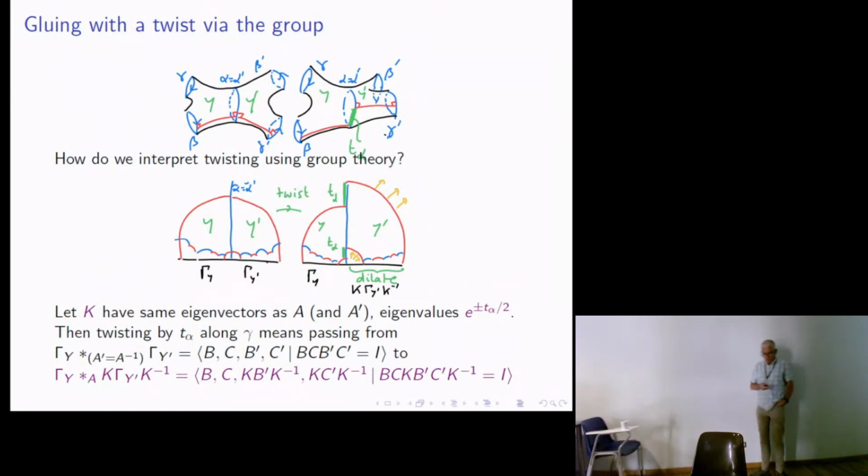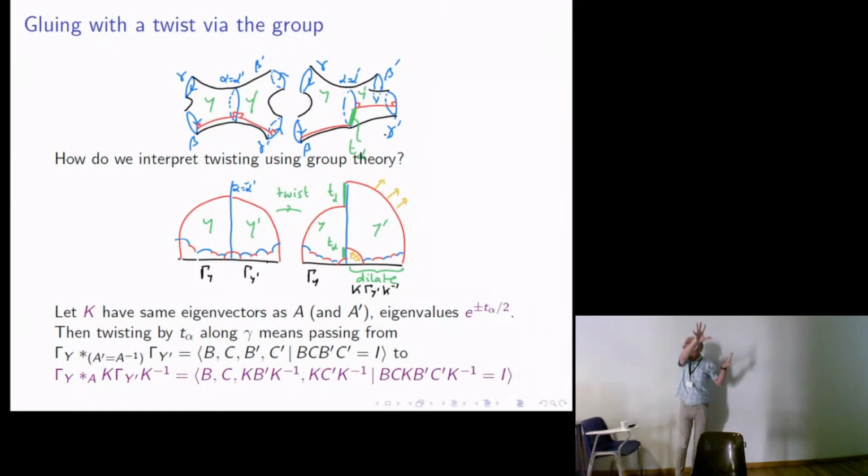So those are the pictures that we had before. So let's now just think about this uniformized picture. So that was my uniformized picture without a twist. And what do I do? Well, I'm going to also assume that that is the imaginary axis, so here's the origin, and so my map A is just a diagonal map. So what do I do? I hold this one fixed, and then I dilate that.